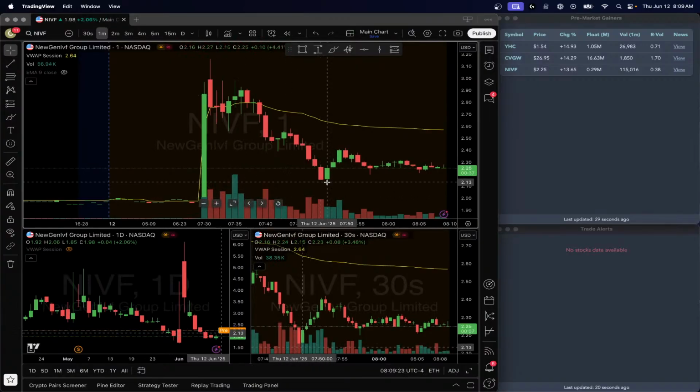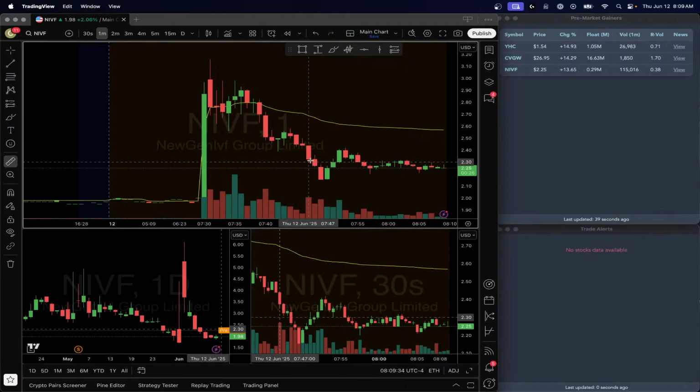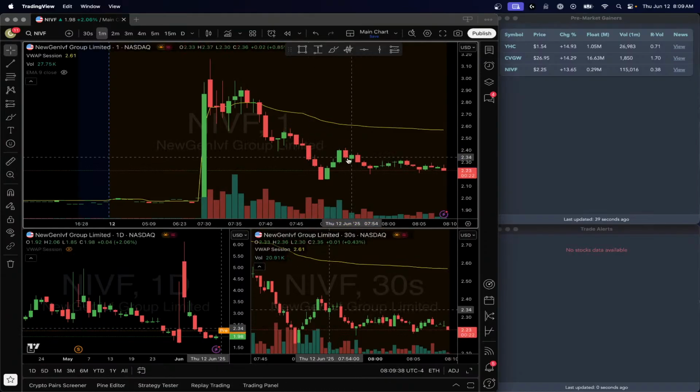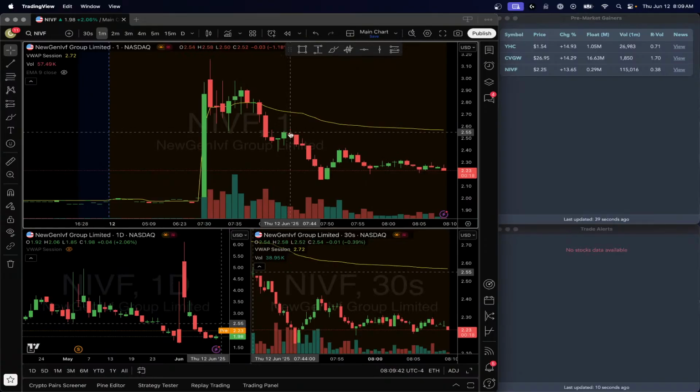Kind of like right here. This is an inside bar because the low of that is 215. The low of that one is 215. Then we had a break of it. Now, you could have gotten in there and gotten yourself 10 cents. But the thing is that this selling right here, it kind of